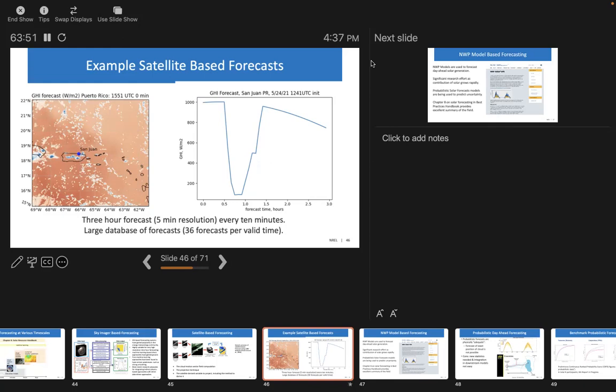So my question is, in this slide, you mentioned a 3 hour forecast for every 10 minutes. Is this data publicly available? No, we don't. This is not done operationally by us. I'll tell you the main reason. This is a demonstration we did, but we don't produce it operationally